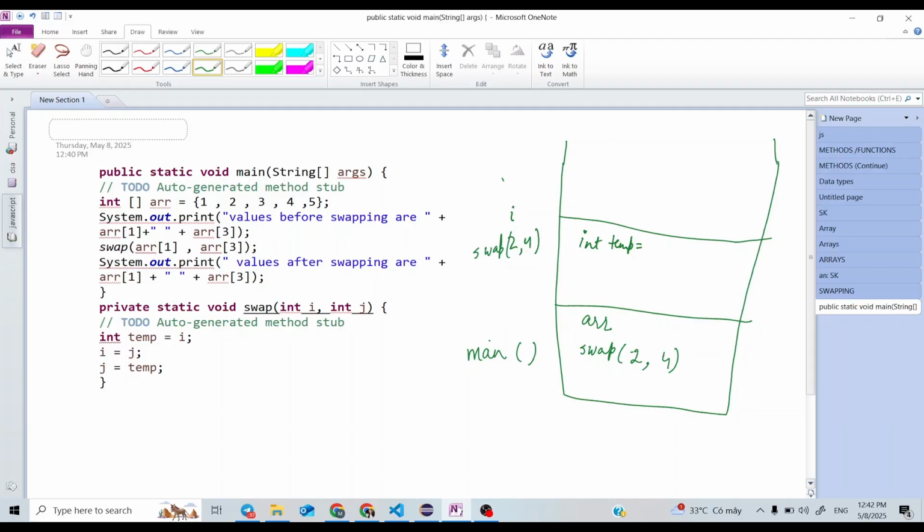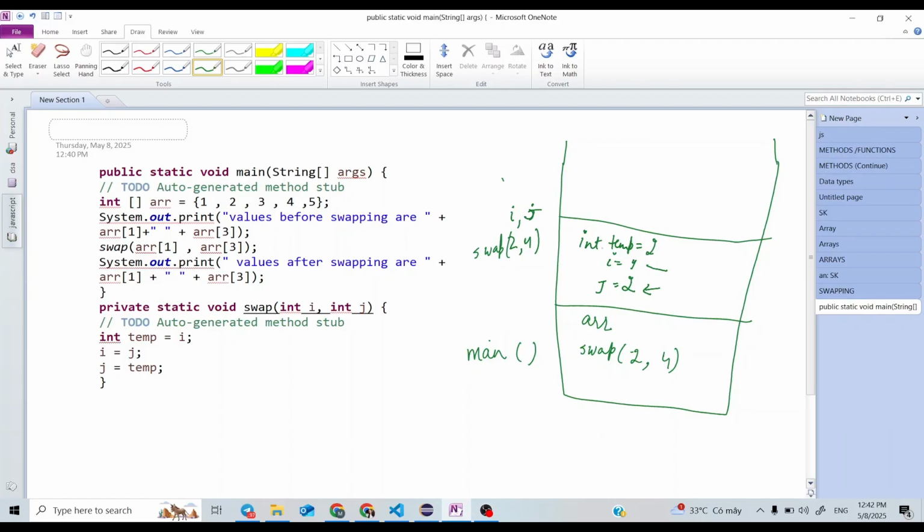This is i and this is j. Okay, in temp I have 2, and in i I have j, that is 4. So in j I have temp, that is 2. So here my i becomes 4 and my j becomes 2.